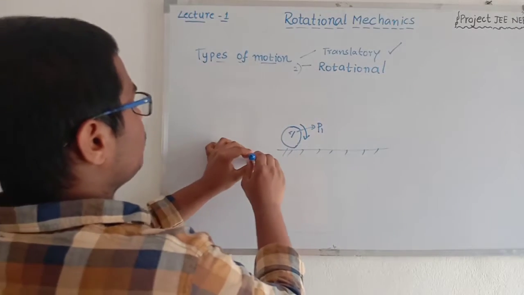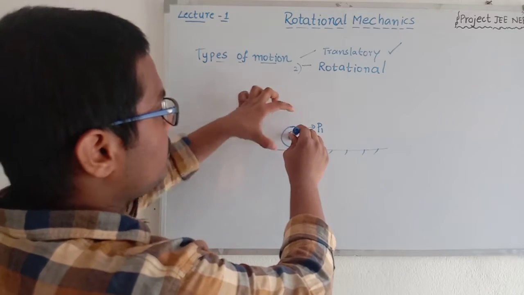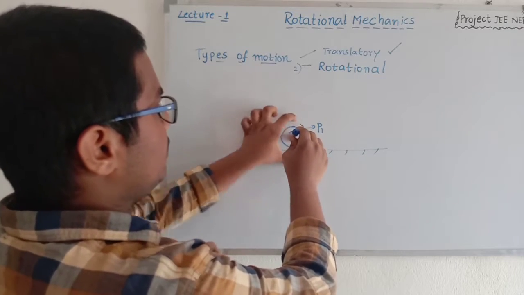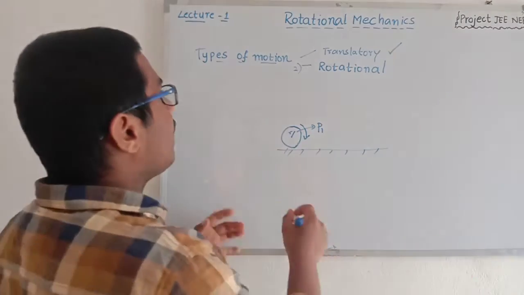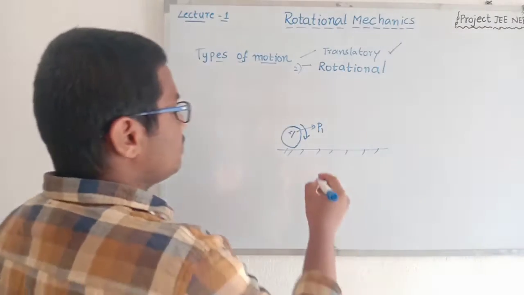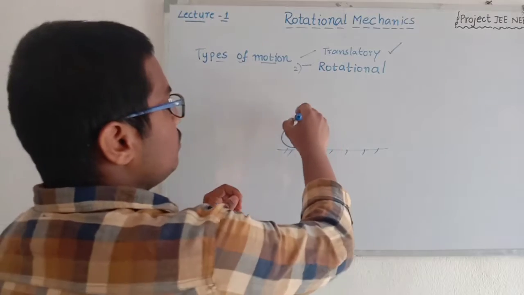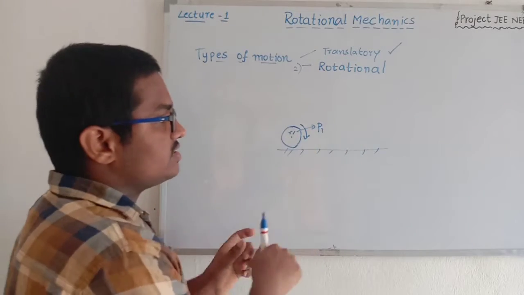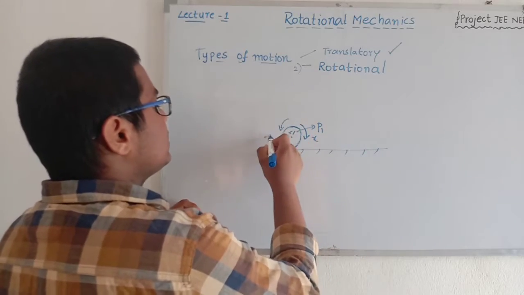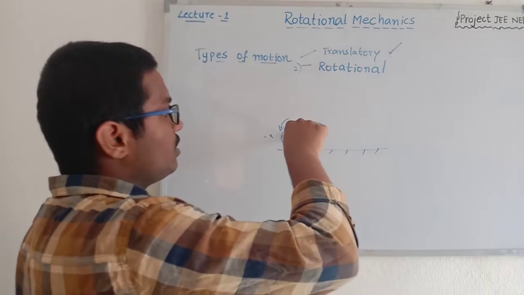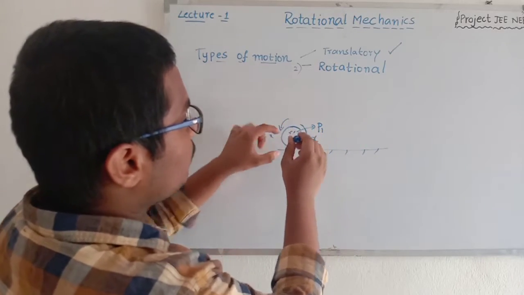If we assume this as an axis, the rotation must be in this direction or in this direction. Okay, this is a 3D concept. We can't explain it with 2D objects. So suppose you assume this marker as a z-axis. If this body rotates in the x-axis direction or negative x-axis direction, the rotational motion indicates the rotation of the body about the fixed point.